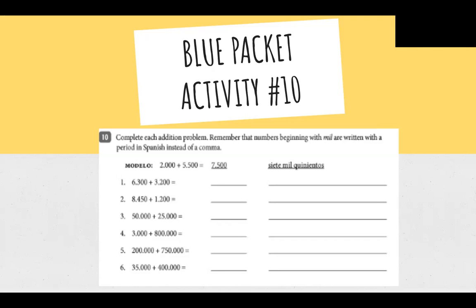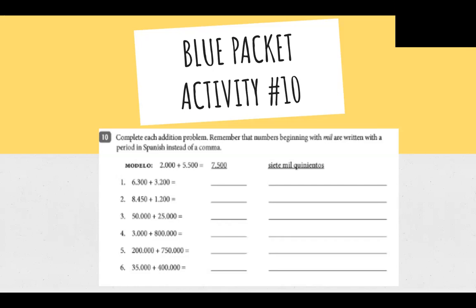Número 4, 3,000 más 800,000 es igual a 803,000. 803,000 in Spanish will be 800, and then 3 is tres, and then 1,000. Remember, the word for 1,000 is mil. Número 5, I'm sorry, that's not 2,000, that's 200,000, my bad. 200,000 más 750,000 es igual a 950,000. Remember to use 900, all right? Not 500, 900. And then 50,000. So that's 950,000, all right? Número 6,